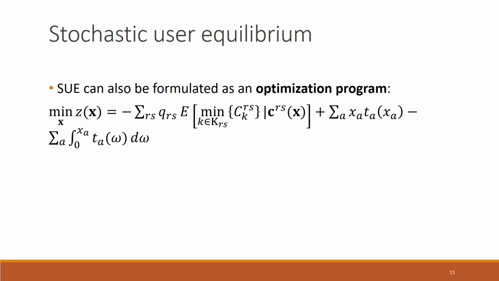So, there are 3 terms in the objective function, one is this, then the other is this, and the other is this. Okay. So, this looks slightly complicated here. Again, in the same way that the user equilibrium formulation for the deterministic case did not have any intuitive reason behind the objective function value, the same is here also. Okay. So, there is no intuitive way to understand this objective function,